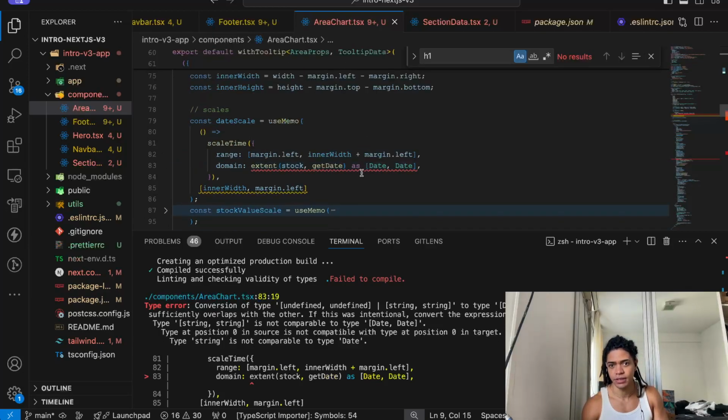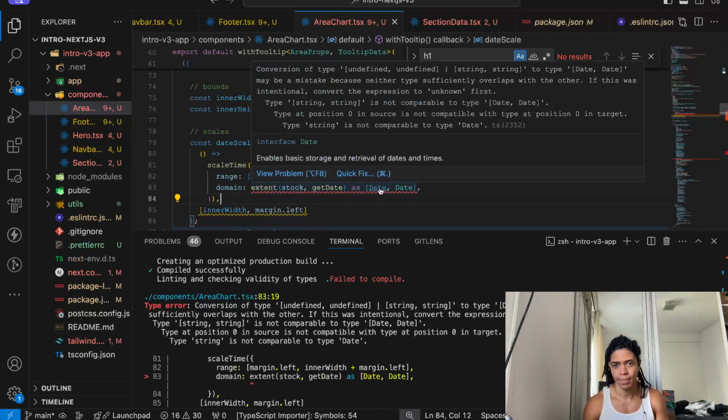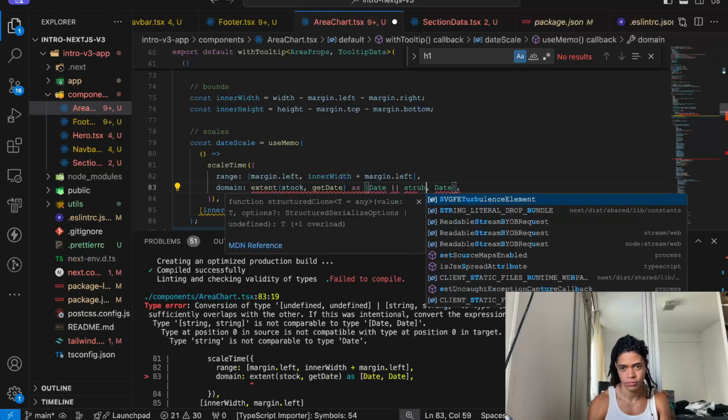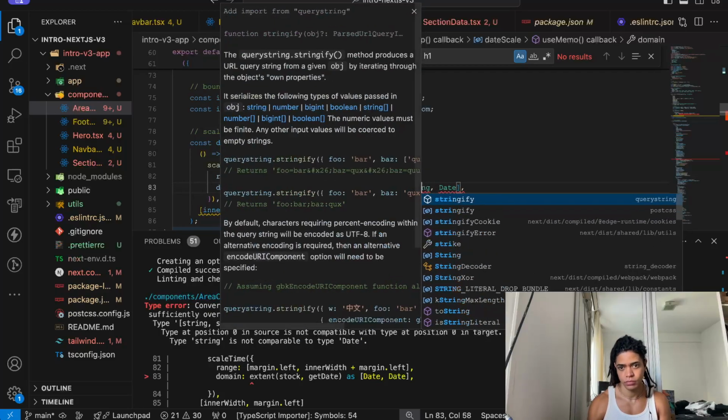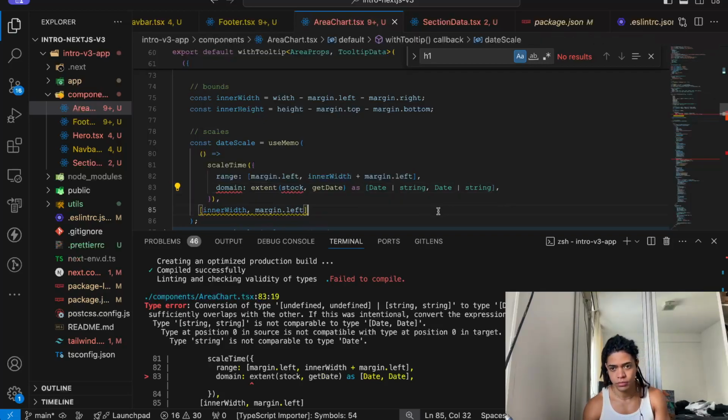We say this cannot do conversion of type undefined or string to type date, or string to string. Or string, right? That's right. So no problem with that.